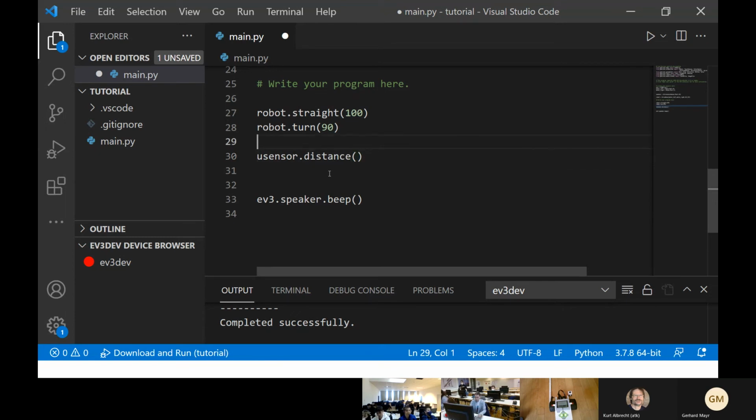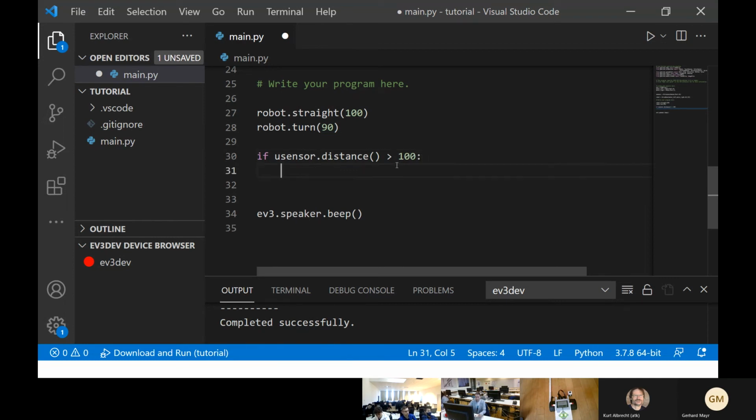But if we don't use it, it will give out an error. So I will type in if the U sensor distance, which I think will give back millimeters, is greater than 100, or yes, I will take 110 centimeters,